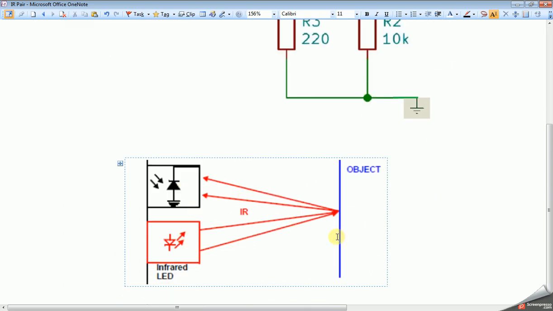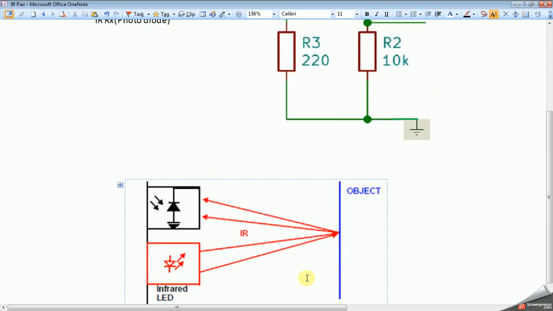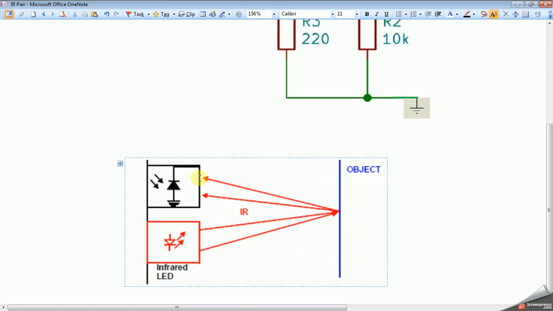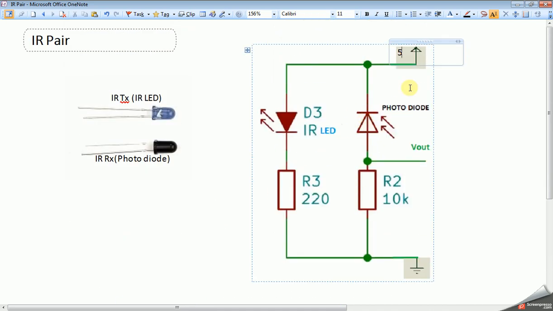These are arranged like this. The Vout goes to your microcontroller to sense whenever there is an obstacle. Whenever there is an obstacle, only then do rays reach the photodiode, and the photodiode will switch on. That means logic 1 will be given to the microcontroller.